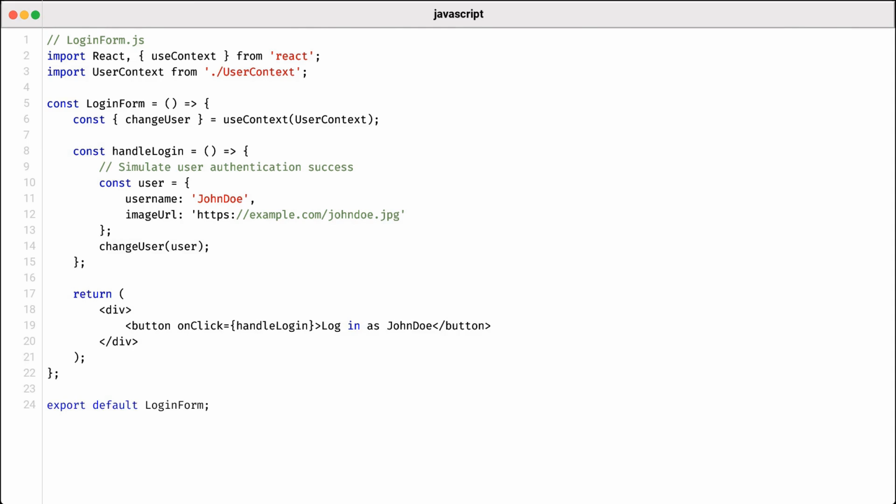The beauty of this approach lies in its simplicity and efficiency. Updating the context will automatically trigger a re-render of any components that rely on user information, such as the logo component. As a result, this seamless integration not only enhances the user experience, but also keeps the codebase organized and maintainable. Now let's take a look at how we can conditionally render different components based on a user's authentication status